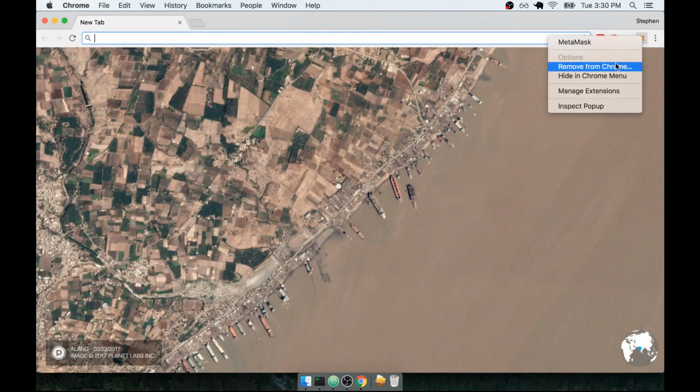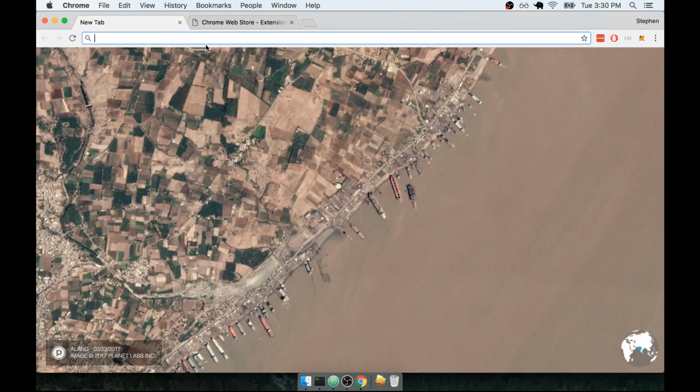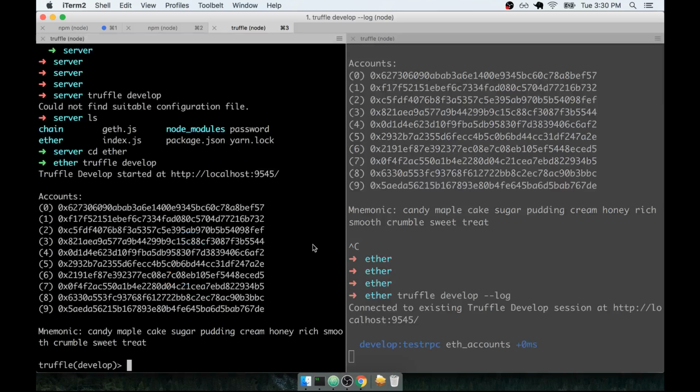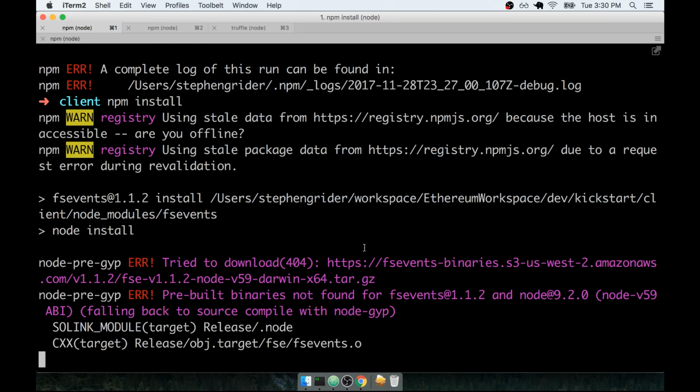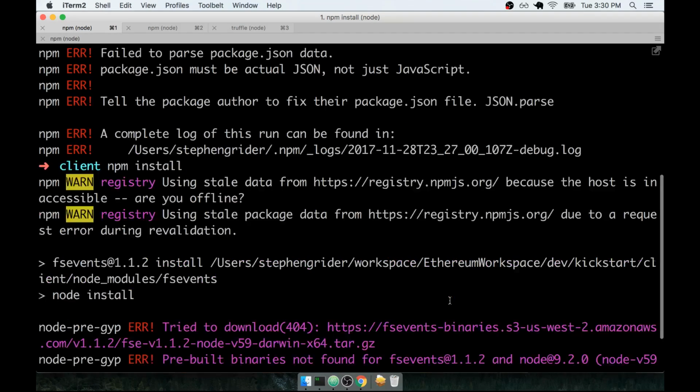Still having issues with MetaMask. Cannot get this thing to pop up. We'll give it another shot in just a second once we get our local app back up here. So still having some issues here with